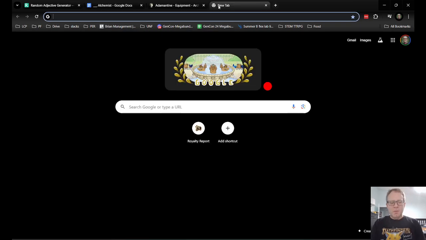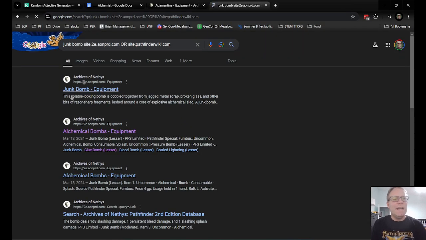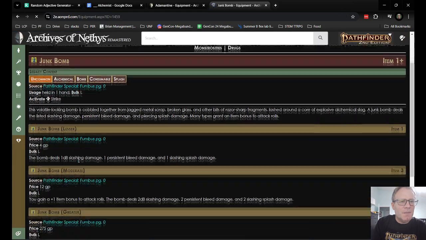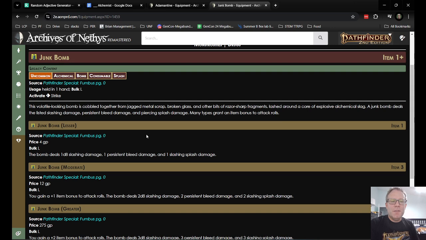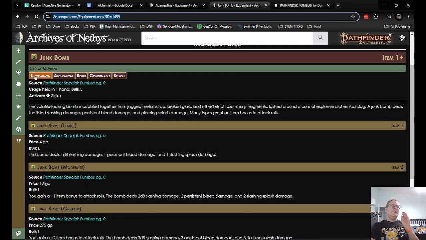So there was a junk bomb at one point. How up to date is that? Because I believe that dealt some kind of damage. This volatile looking bomb was cobbled together from jagged metal, scrap, broken glass, and other bits of razor sharp fragments, lashed around a core of explosive alchemical slag. God, I love the flavor text in these things. A junk bomb deals the listed slashing damage, persistent bleed damage, and piercing splash damage. Oh, wow. Okay, I think this is nice and thematic,